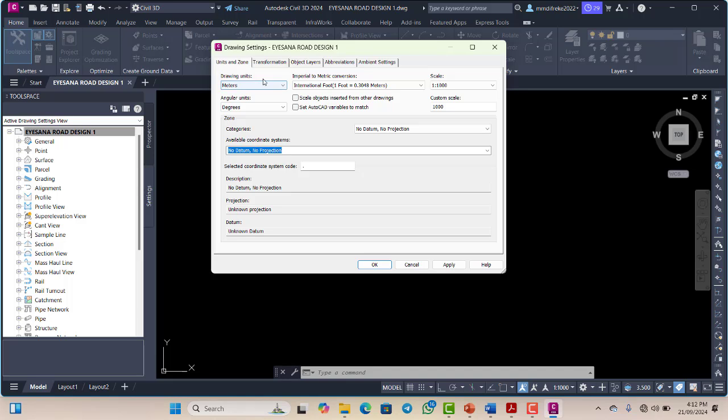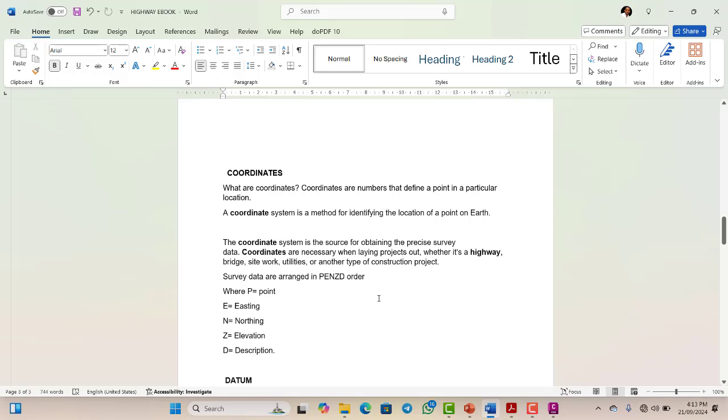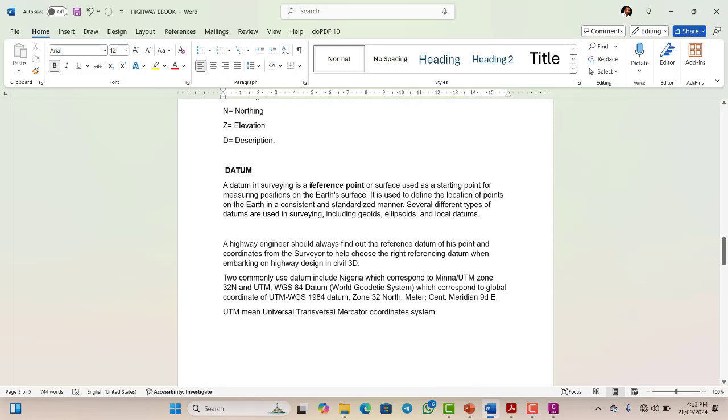So by default, the unit here is in meter, and the angular unit here is in degree. Then we have the scale. So you can change the scale to whatever that you want. So we will allow it to remain in 1 is to 1,000. So the custom scale is 1,000. Then the next thing that you do is to set your datum. So you can see that Civil 3D is telling us here that under category, no datum, no projection. So now let's go back to a little note that we have here